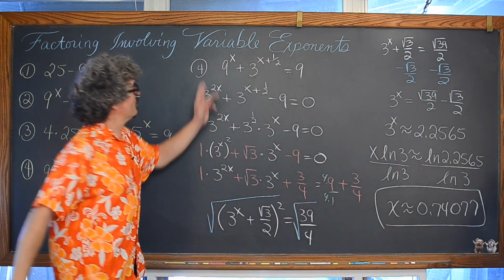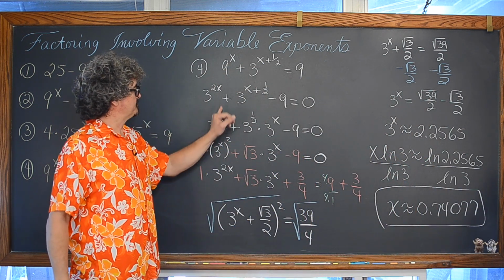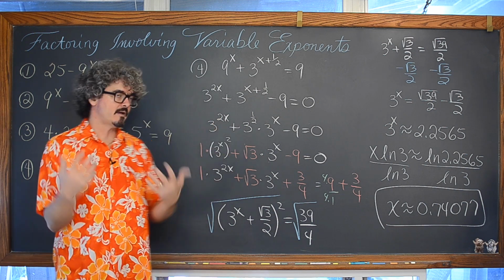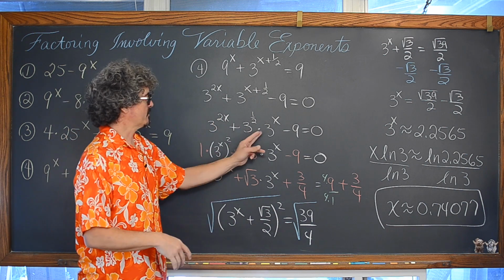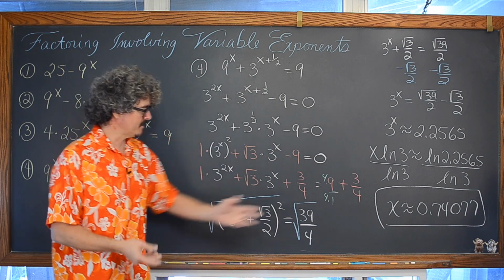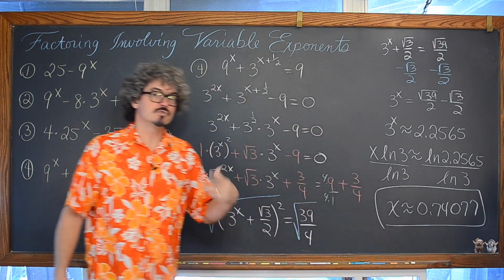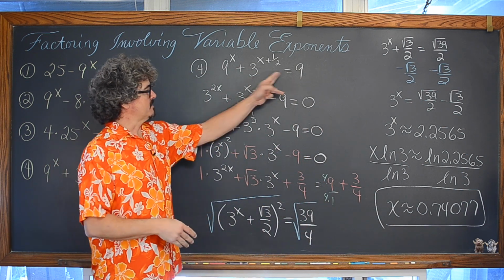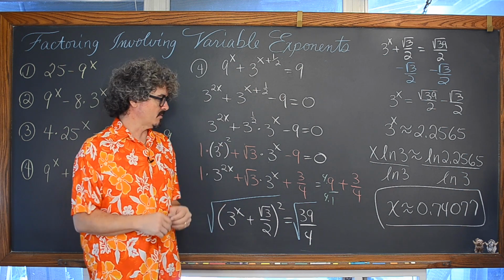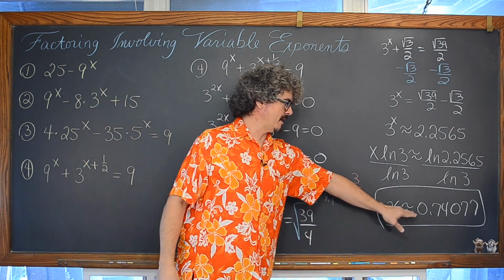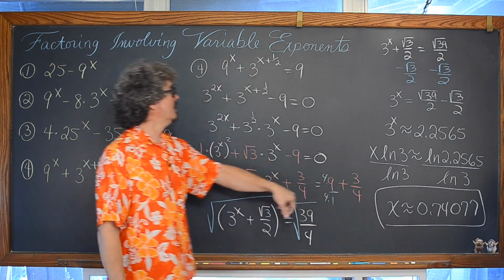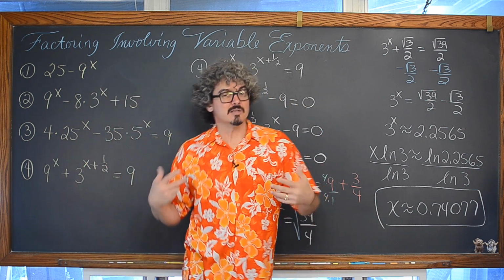And here with our problem again, 3 to the 2x power is going to have a domain of all real numbers. We have 3 to the x power, so we have a domain of all real numbers. Not that it's ever a bad idea to check your work by plugging it back into your original equation to make sure the two sides are equal to each other, but we don't have an issue with this possibly not falling within the domain of our problem and thus being an extraneous solution.